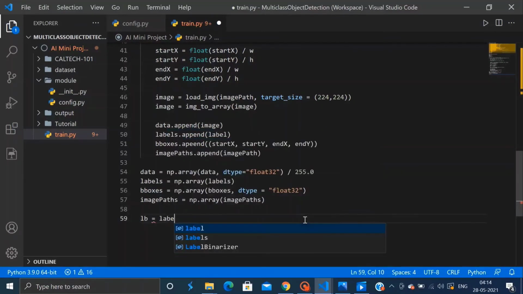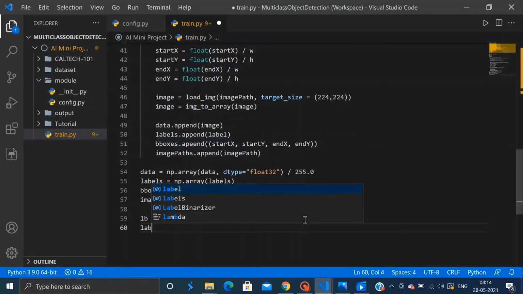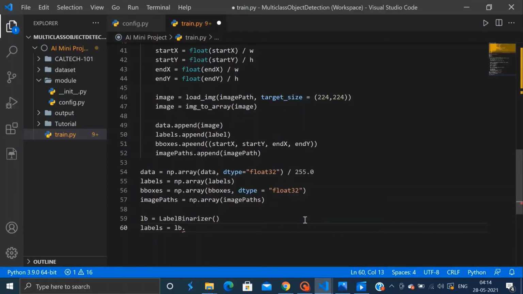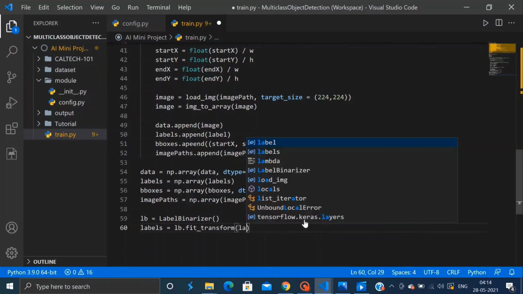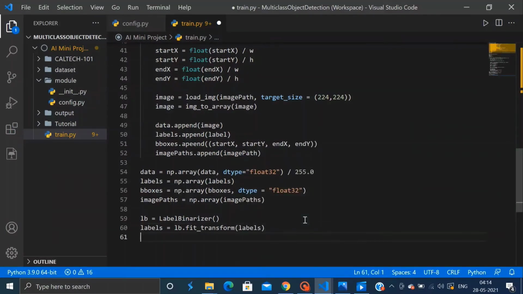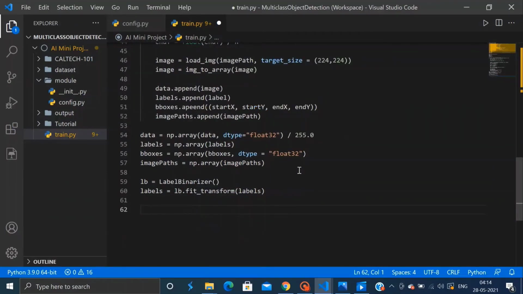After this we will one hot encode our labels. So for this we will use our label binarizer as was mentioned earlier. So I will write labels is equal to lb.fit_transform and then pass labels as an argument. So lb, as we have defined above, stands for the label binarizer. Then we go on to make an exception for our two-class data.